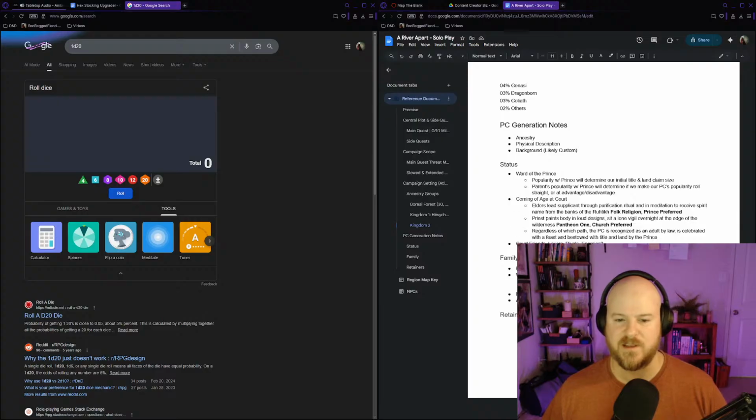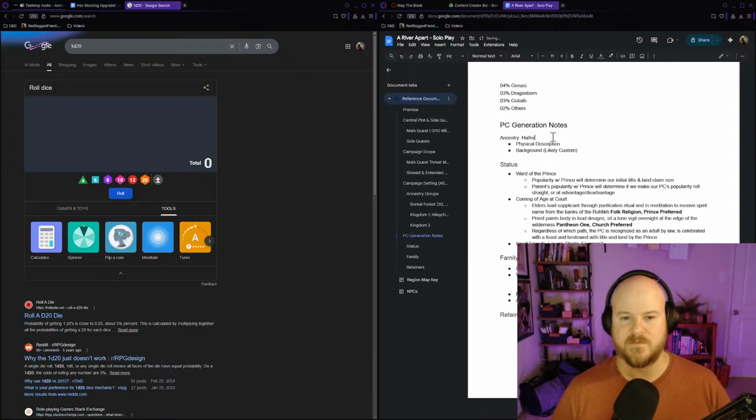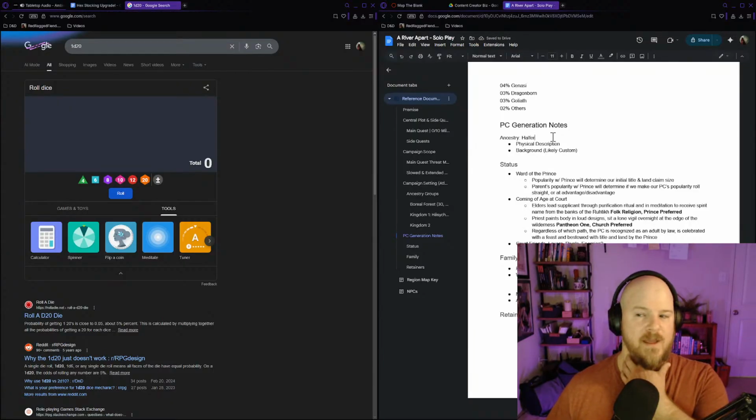Okay, so we know that we're a Heifer, which means that we can use any of the stuff that we want. I figured we would probably end up with a Heifer. I kind of already had that in my head, but there was a pretty good chance. There's a 1 in 4 chance that was going to happen. Ancestry, so we're Heifer. So mechanically, like I said, we can pick either a halfling or gnome and sort of